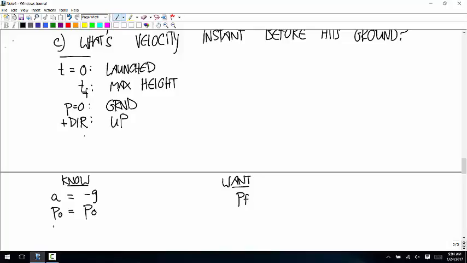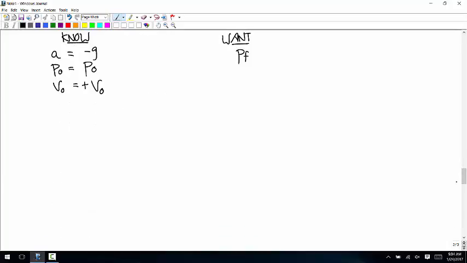V initial, velocity when time is equal to 0. That's V0, and it's going up, and our positive direction is up, so that's positive. And then V final. Yeah, we're looking for the highest point, so that's 0. Of those 3 equations I gave you, there's only one of them that doesn't have time in it. So if you don't know time, there's only one that has a chance to work, and it's this one.